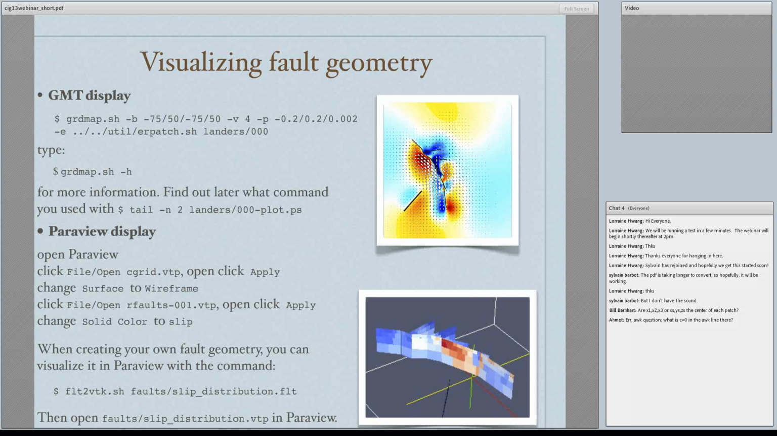So to visualize this calculation, you can use GMT. In the Relax distribution, you'll find a lot of utility scripts for post-processing and visualization. One of them is called grdmap.sh. So you can type in a terminal grdmap.sh -h to have a list of the possible options. And what it does is generate a postscript file that shows the